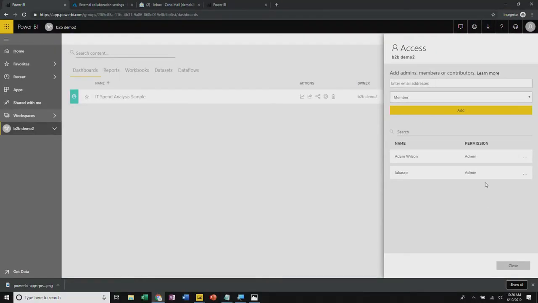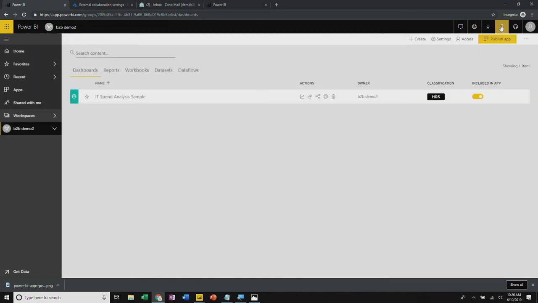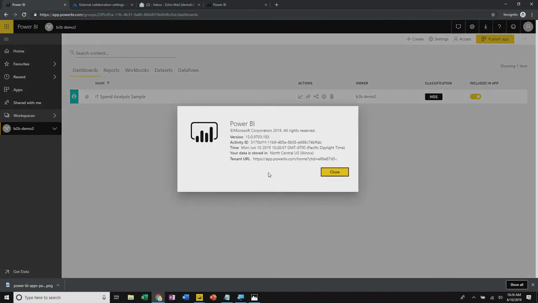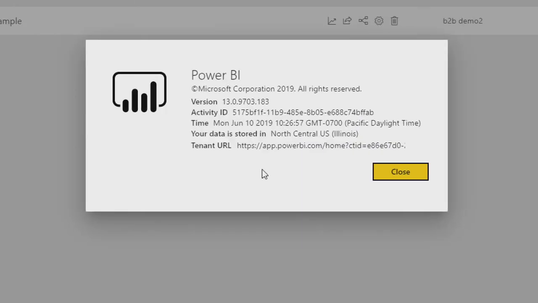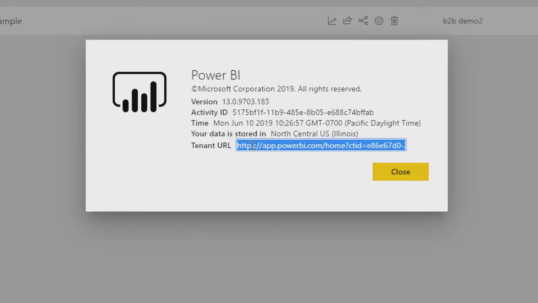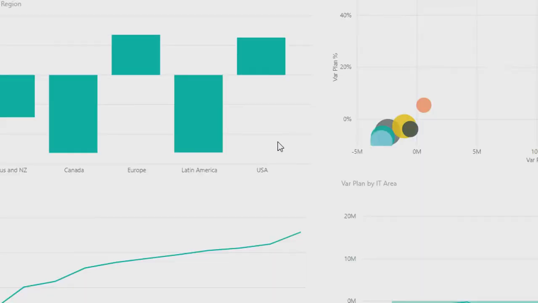So now that I've done this, how does Łukasz get access to this content? Well, this is great. What I do is I come under the question mark icon here in the top. If I go to About Power BI, you'll notice a very handy little URL down here. If I just copy this URL, okay, this is newly added, this URL has a bunch of metadata on the end of it, which is your organization identifier. And so now, when I come back into my other browser window,